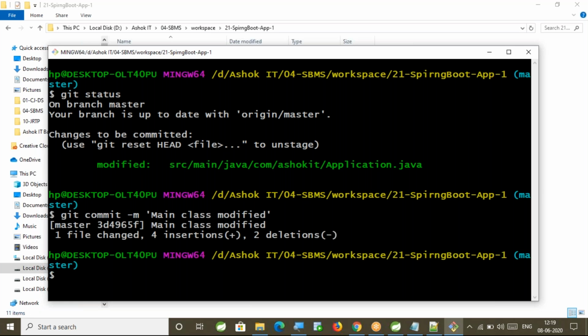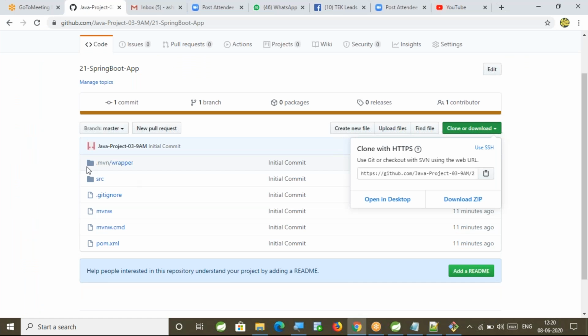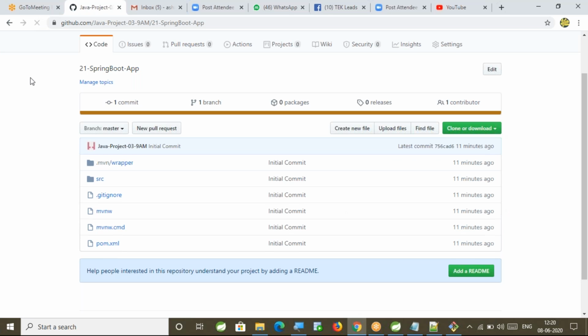Fine. Now do I need to add to the remote or can I directly push? Directly I can push these changes, right? For that, I'm going to use a command called git push. Before pushing, you can check in the repository whether that file is modified in the remote repository or not.